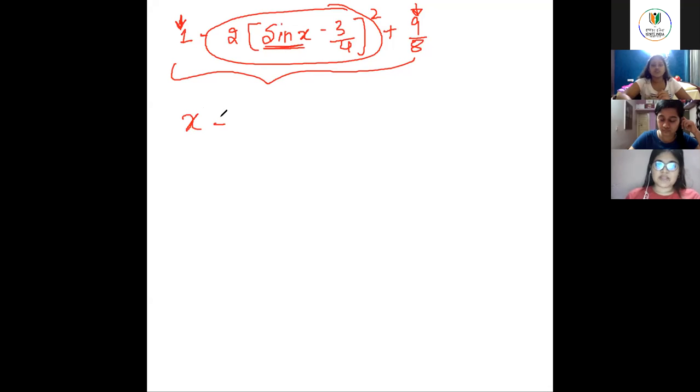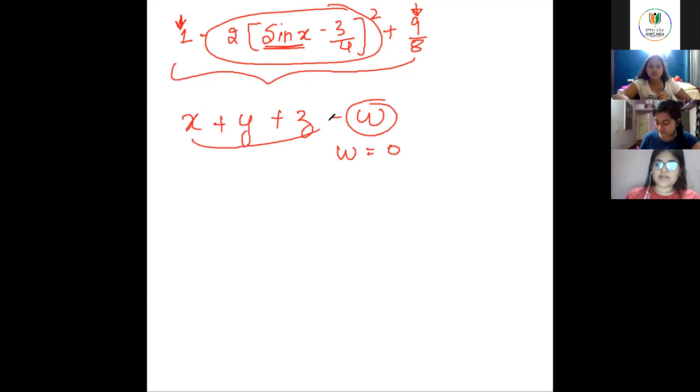So if you have something like x plus y plus z minus w, so if it is possible to make w equal to 0, then you will get a maximum value. Just imagine x plus y plus z. If I say w to be 1, 2, 3, anything, then it does not make sense, because any positive value of w will decrease the value. Now you'll ask me, ma'am, you can make this negative. We can't make this negative, it's a square function here. A square function is not negative, and sin x cannot be imaginary to make it a negative value, correct?